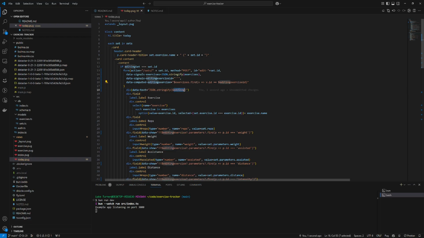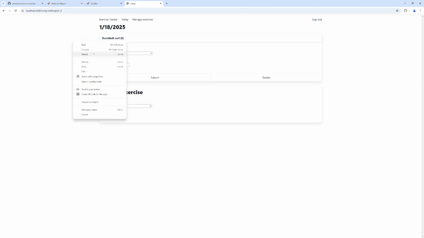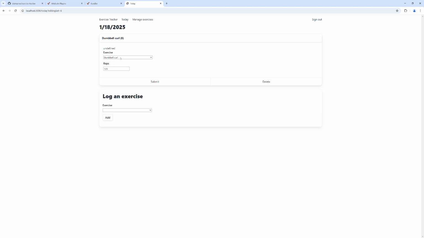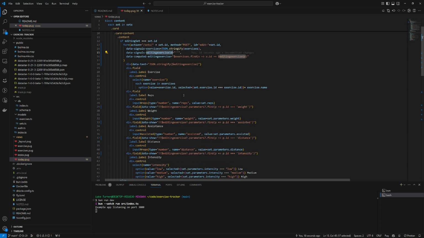Editing exercise. So now if I select something here, refresh, undefined, if I select, it's still undefined. So what this is telling me is I forgot to bind the editing exercise to my select,